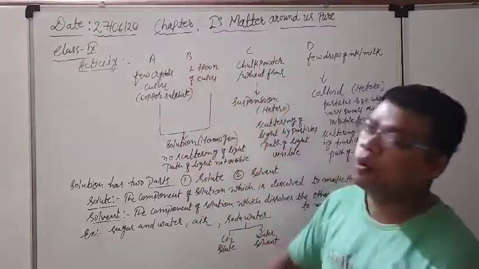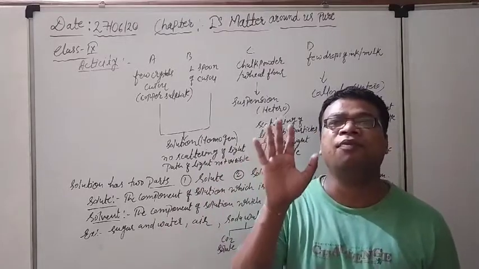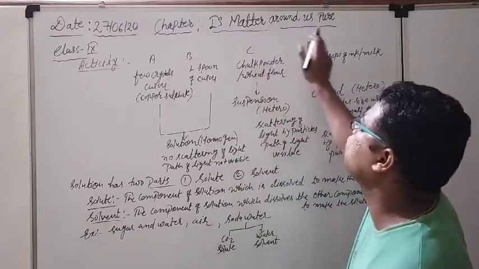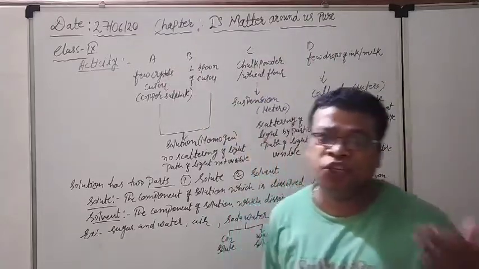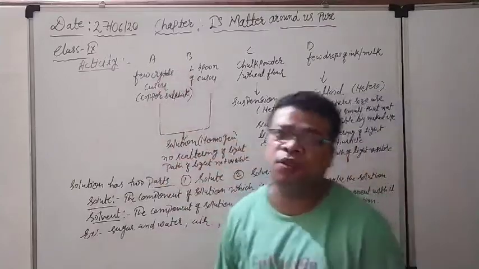We have to divide the whole class or group of people into basically 4 groups. What are the names of the groups? You can see group A, group B, group C, group D. After that we have to distribute some things to them. What are these things? I have written them here for simplicity.